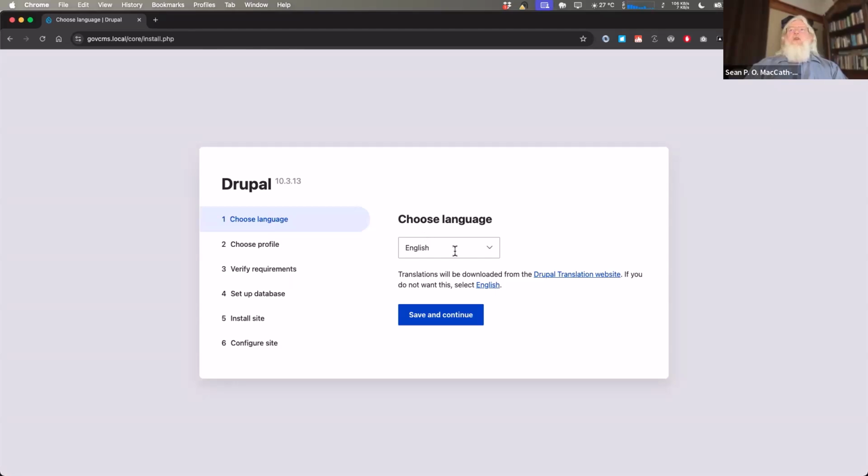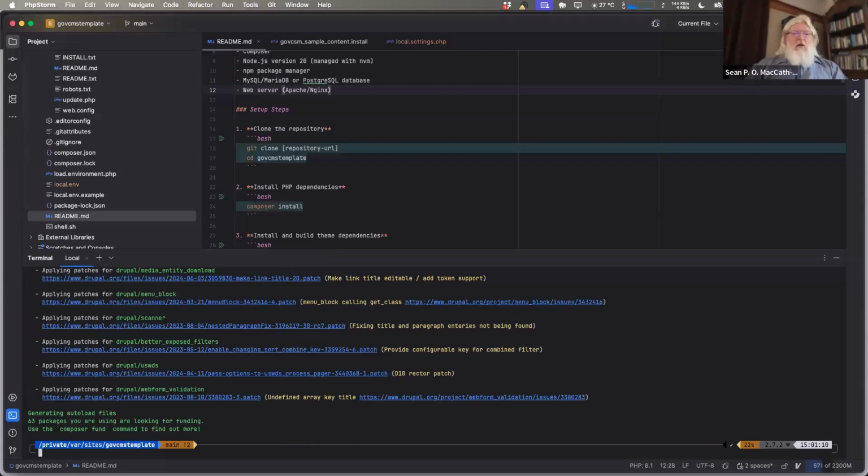I could go through the front end installation here and choose the minimal profile, but I find that running that process from the command line tends to be a little faster. So I'm going to do that here for now. All I'm doing is setting the site name to GovCMS, setting the account name to admin, and using the minimal